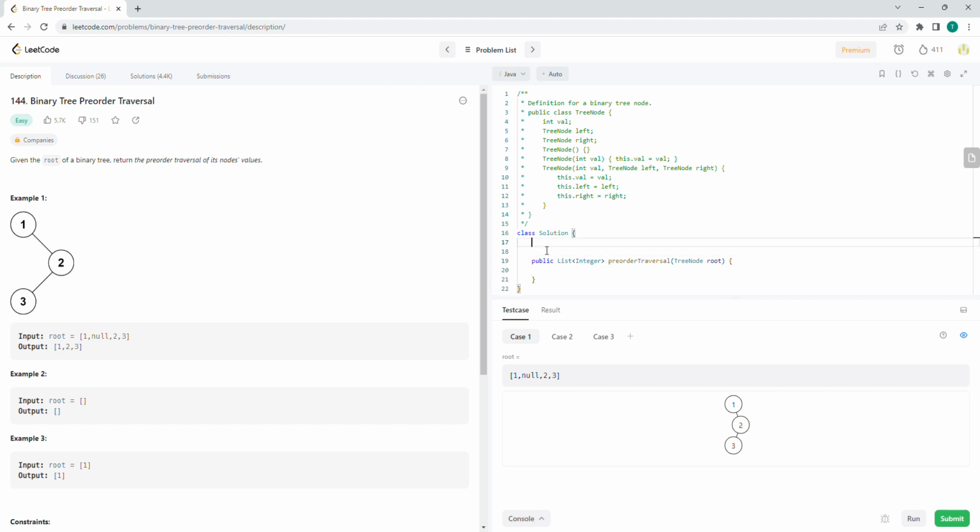We want to create a private list, and this is going to be a list of integers, because this is the answer we're going to return, and that's going to be called output, and it's going to be a new array list. And then we're going to create a private depth first search function, returning void, which basically